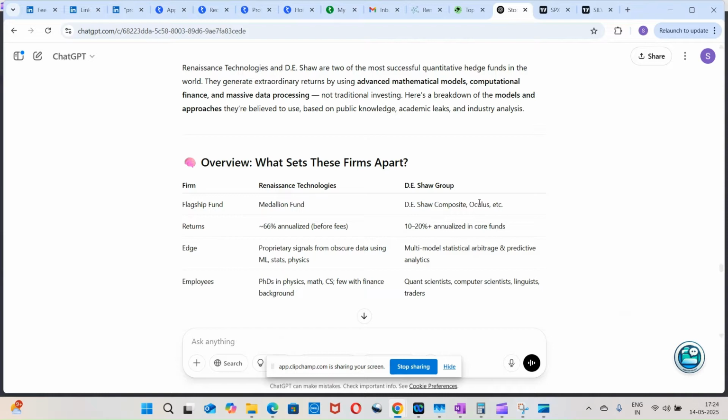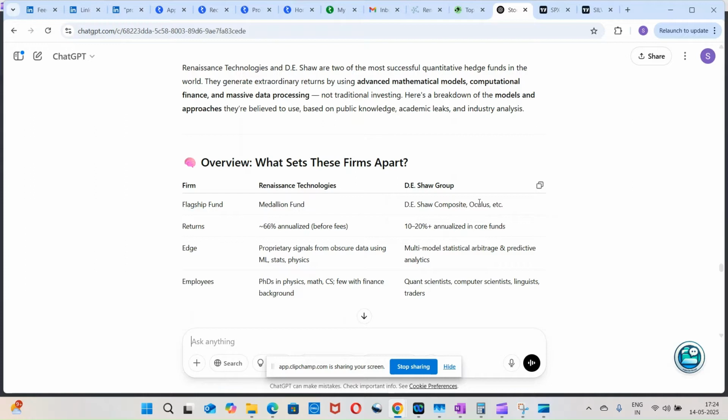Today we are going to discuss the quant model strategy. We already discussed the global macro hedge fund strategy, and yesterday the contra trading strategy. Today we will discuss quantitative hedge funds, which are hedge funds that deploy advanced mathematical models. These mathematical models generally comprise statistical models and computational models,